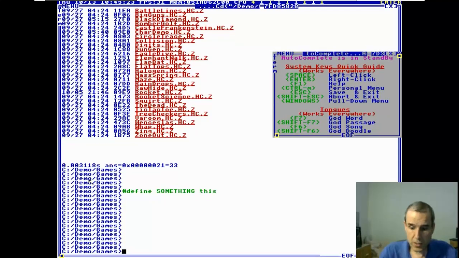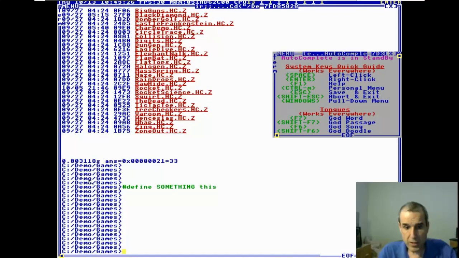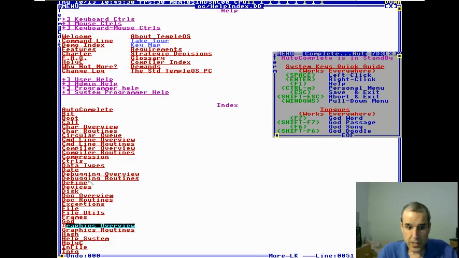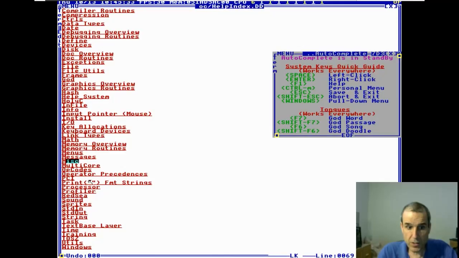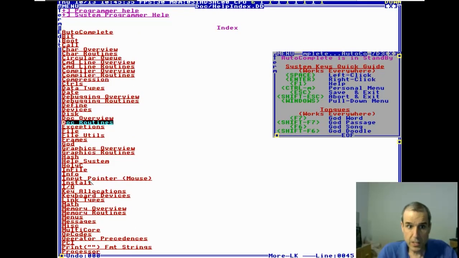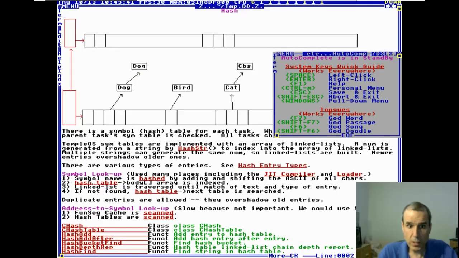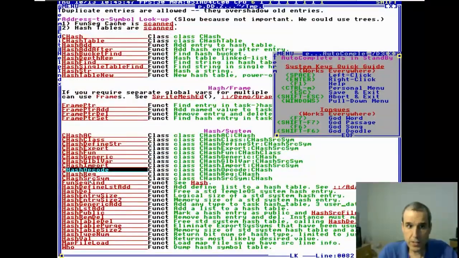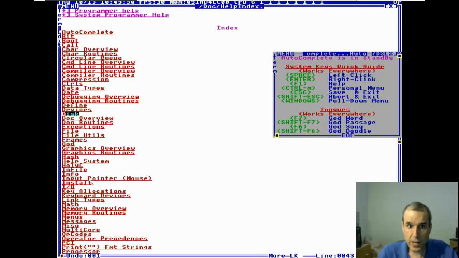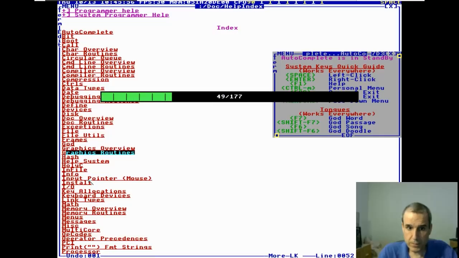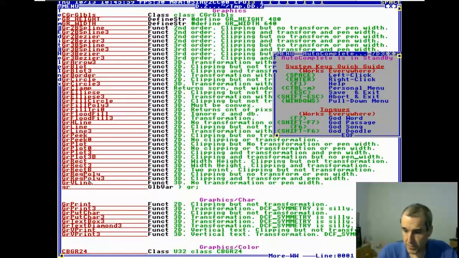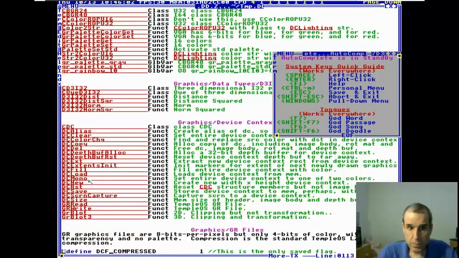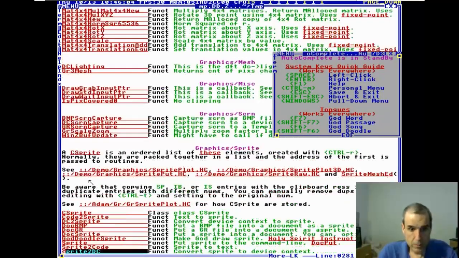But, so what does all this minimal stuff get us? Now, when you press F1, you get a list, and this is all the functions in the operating system. This is the categories. So we can look at, there's a hash symbol table, and these are the hash functions. We can look at, this is kind of intimidating. We can look at the graphics. These are all the graphics functions: plot, circle, B-spline, array multi